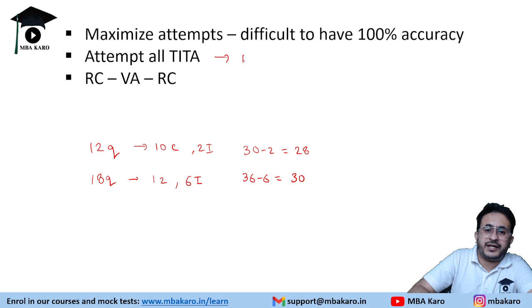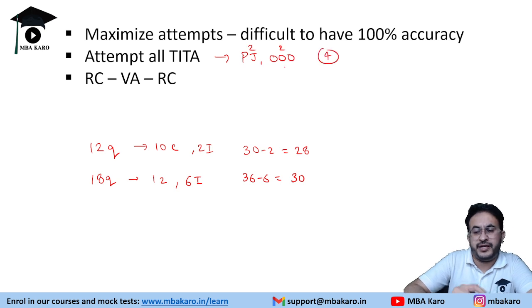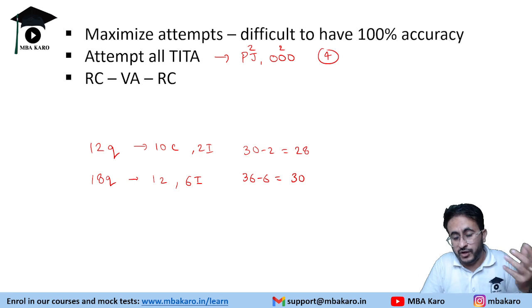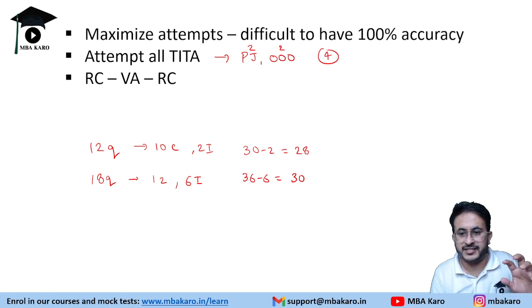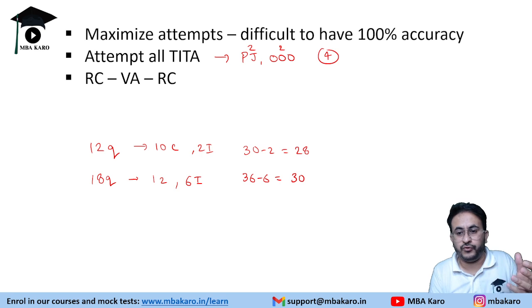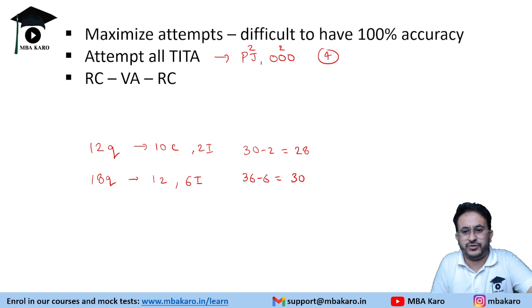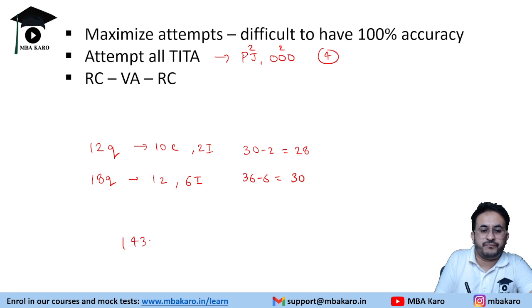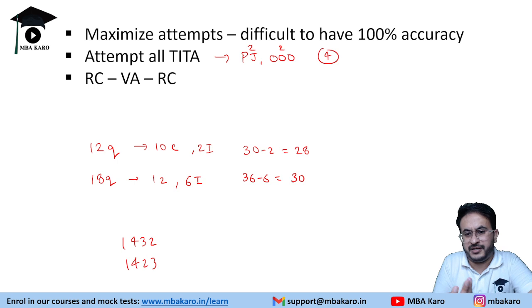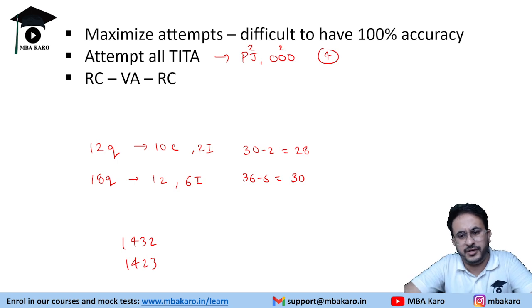Attempt all theta questions like parajumble and odd one out. These are theta questions. So 2 and 2, 4 questions you will get. So attempt all these 4. Even if you are not able to solve it completely, like even if you are stuck in parajumble, at least out of 4 sentences you will get the order of 2 correct. You won't be so bad that you will not be able to get the entire thing out. So it's just that maybe instead of 1432, you got the order as 1423. It might be that 1 or 2 sentences might alter. So try to attempt parajumbles and odd one out, okay, because you are not losing any marks over there.